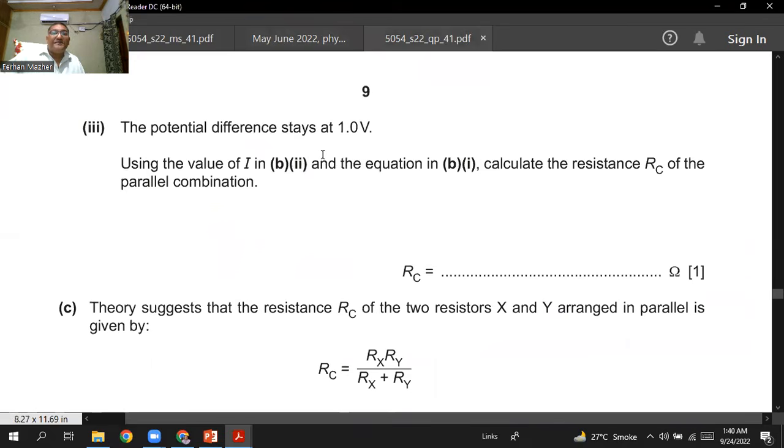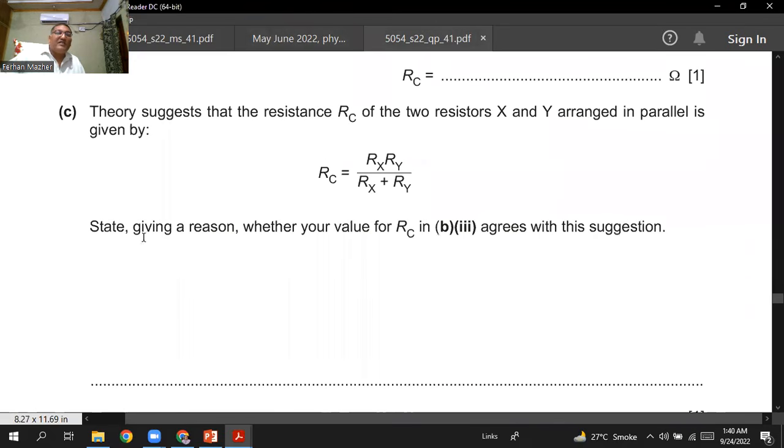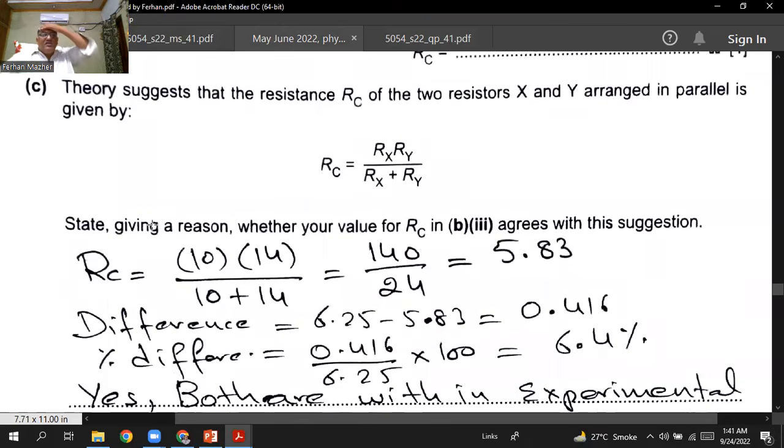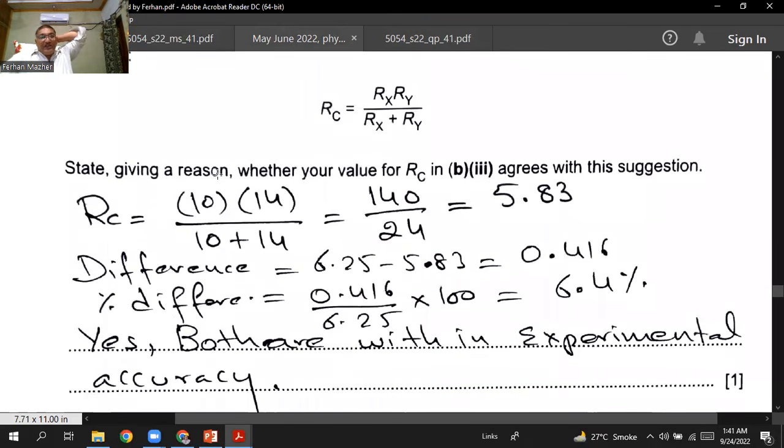Okay, so the next thing they say: the theory suggests that the resistance RC of the two resistors X and Y arranged in parallel is given by this formula, RC is equal to RX RY divided by RX plus RY. State, giving a reason, whether your value for the RC in the B third part agrees with this suggestion. In the B third part, the RC value is 6.25 ohm. So if I put the values here,